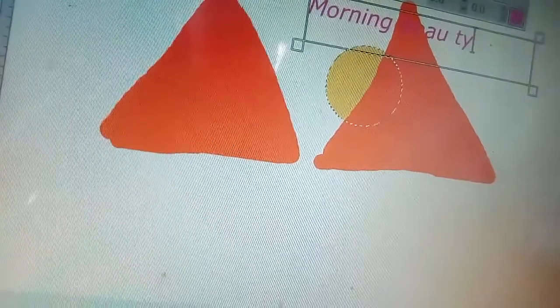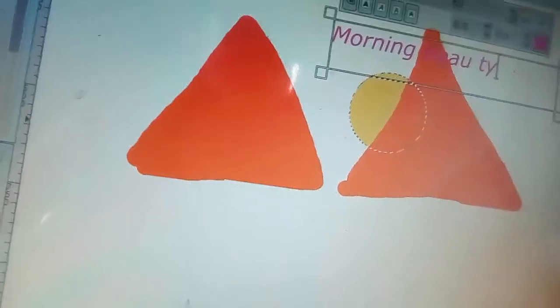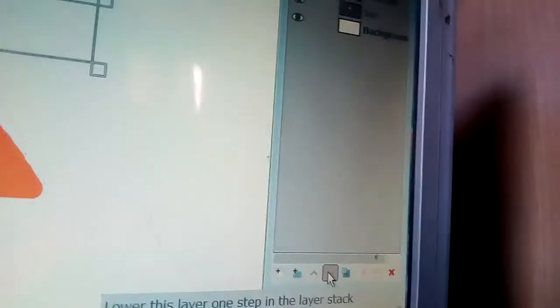Is it clear? Again I have done this one for moving layer. So now it has come in front, morning beauty. If you do this down arrow, then again it will go behind this mountain. Okay, is it clear?